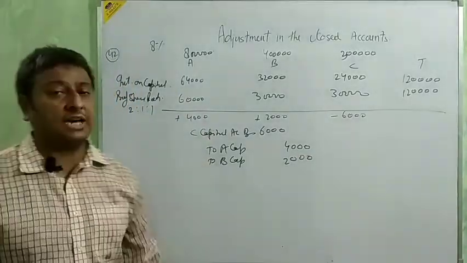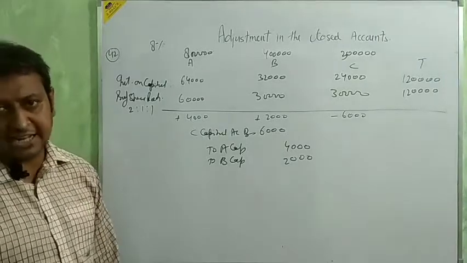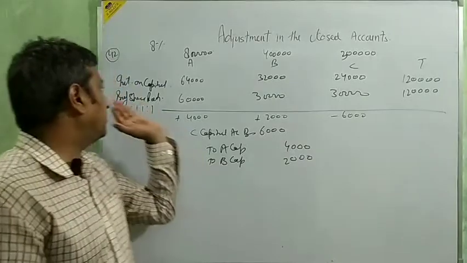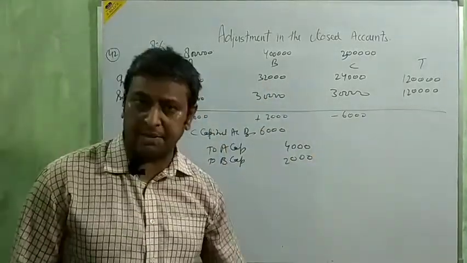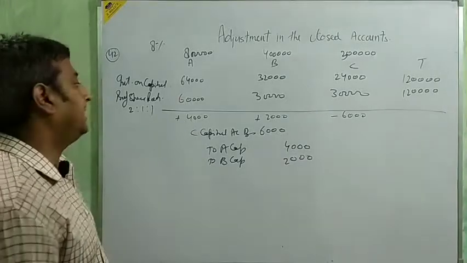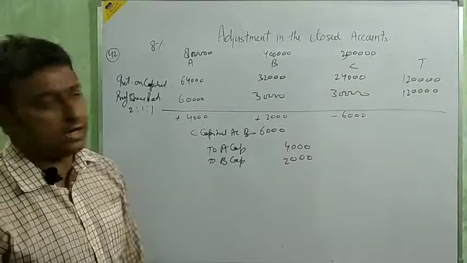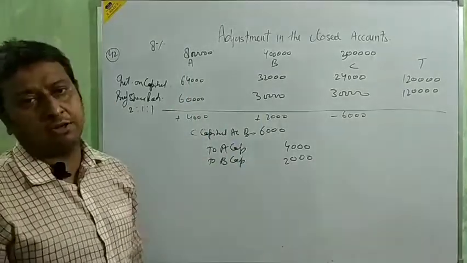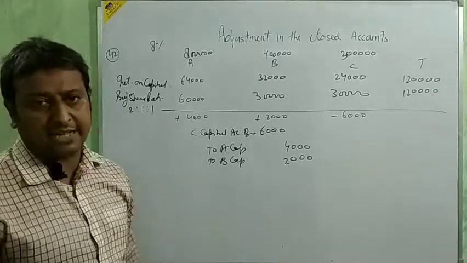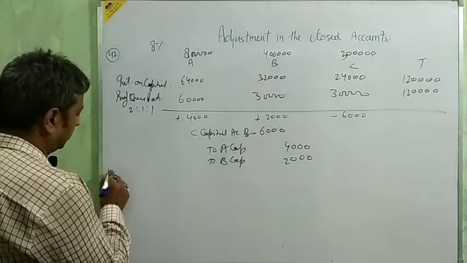In this way we are going to do the question by making this table. Clear? Okay, I am going to the next question. It's clear or not? First we distribute the interest on capital, then take the total of that interest on capital, then distribute it in the profit sharing ratio 2:1:1, and take the difference between all. Minus, less is coming, that is debit, and plus sign is coming, that goes on the credit. Okay, go for the next question, 43.